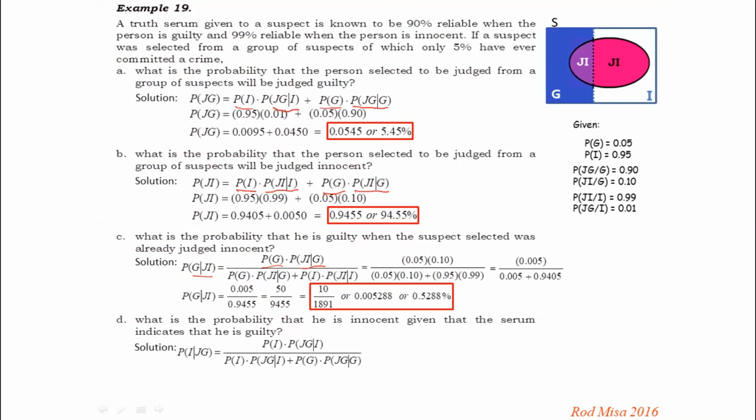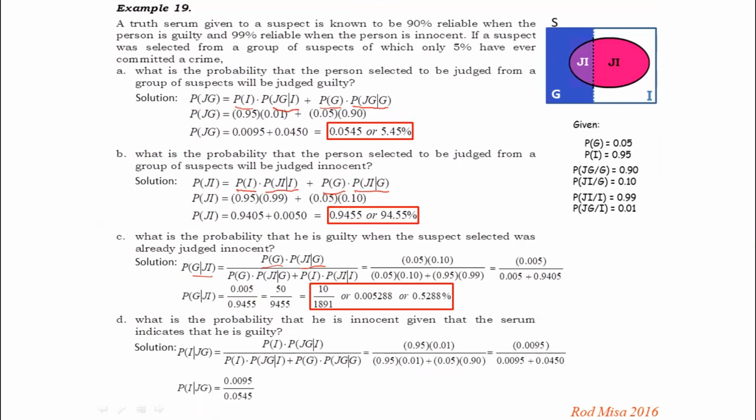And we have solved this denominator already in our first question there. So our numerator, which is the product of 0.95 and 0.01, divided by the sum of these two products here, which we have solved it already in the first question up above. So our denominator is equal to